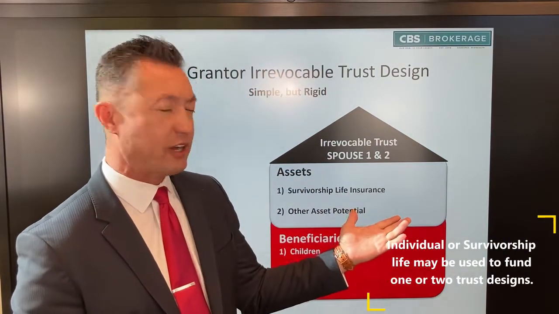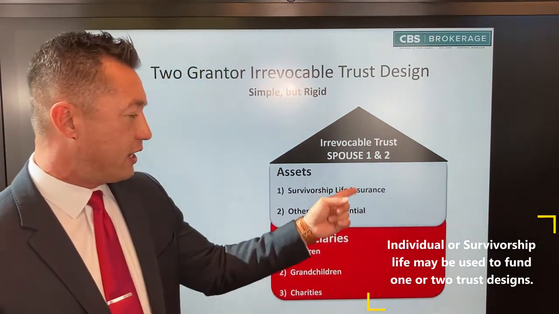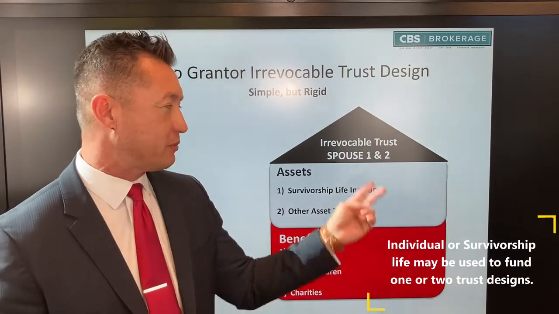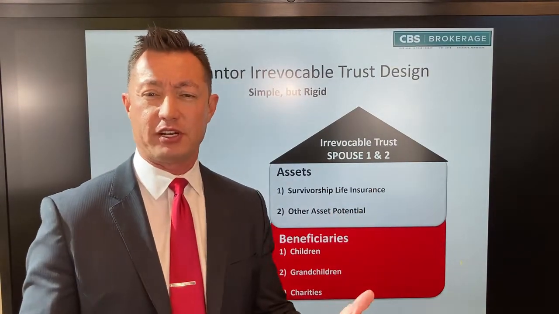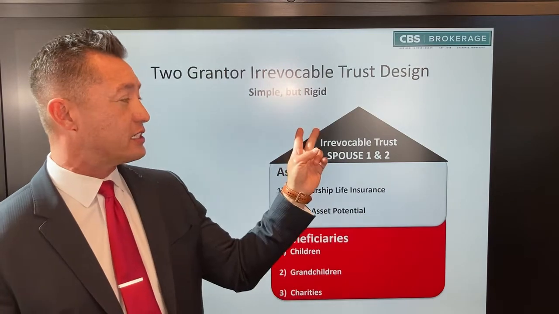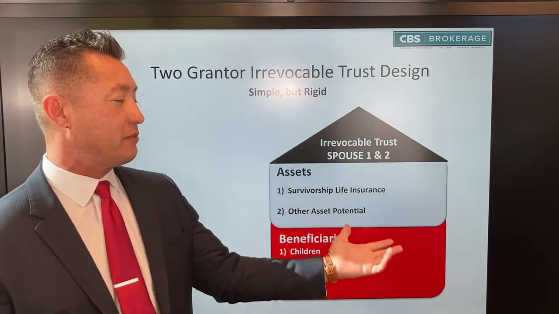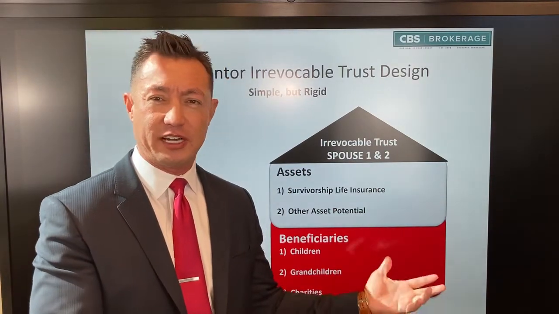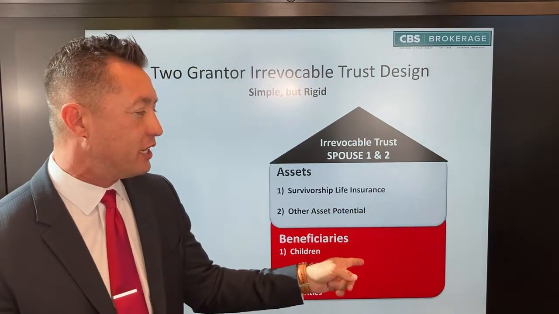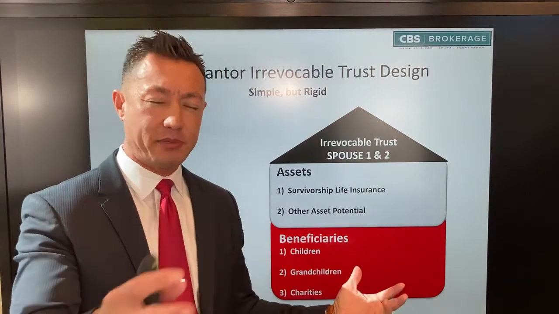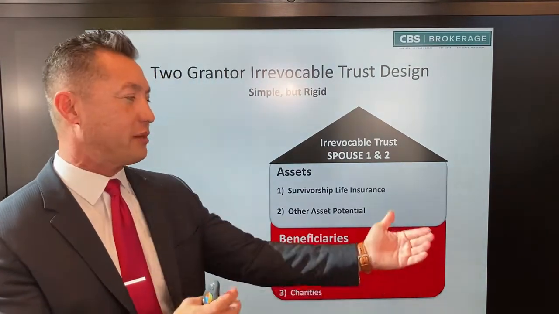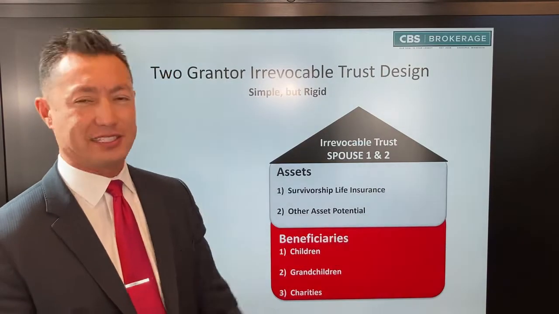But I'm going to discuss the benefits of a two-trust design with two spouses, each having their own separate trust, versus a survivorship design where you have one trust holding a survivorship policy with both spouses being grantors of that trust. Now the benefit of this design is that it's very simple. You have one trust holding one policy. Oftentimes it's done transactionally, so it's not thought of how to use it for anything else. And so the problem with that, as I see it, is that people who have federally taxable estates need to establish other trusts for other transactions or amend the existing trust.